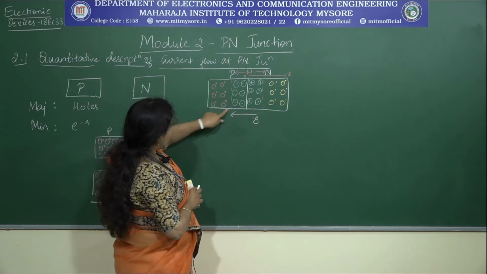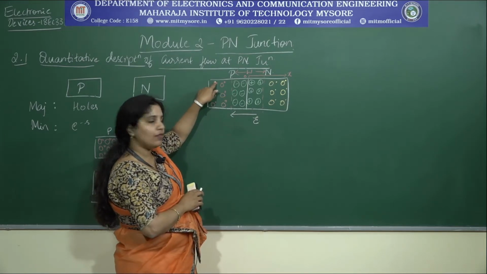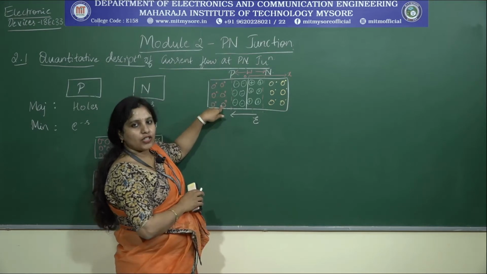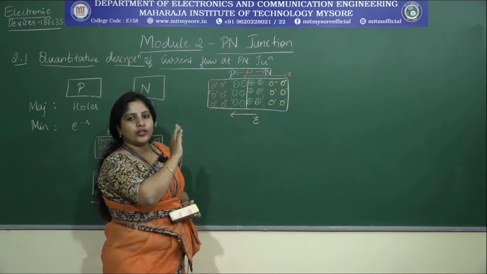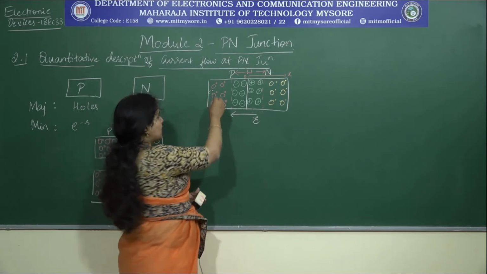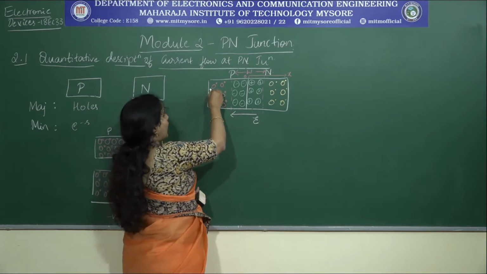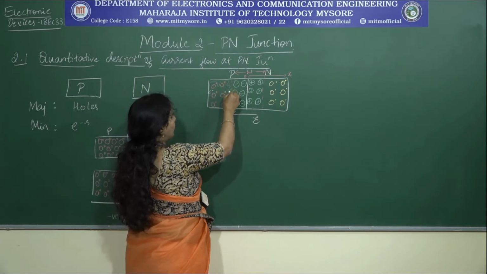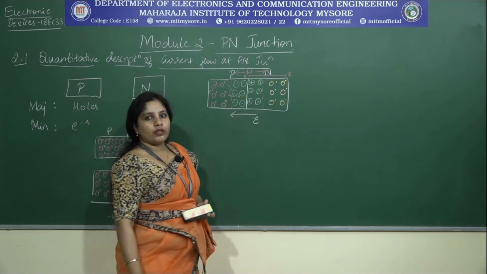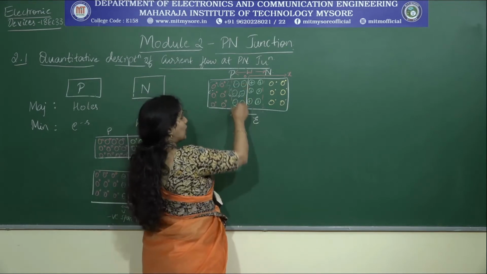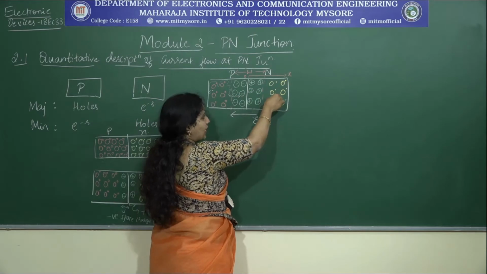When I consider the P region, the majority carriers are holes. What about the minority carriers? The minority carriers present here are the electrons. Till now we were not interested in electrons. Now let me consider one electron which is a minority carrier here, and it tends to move freely. And then what will happen while moving like that? It tends to get trapped in the depletion region. Now when it comes within this depletion region, it gets sucked by the n-type material.